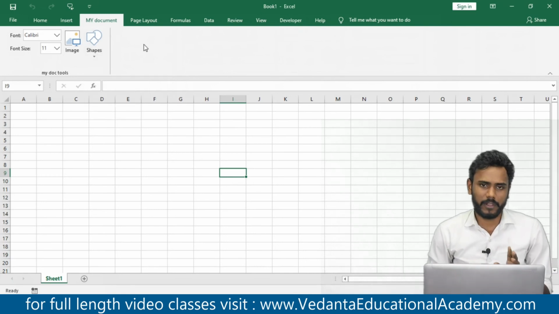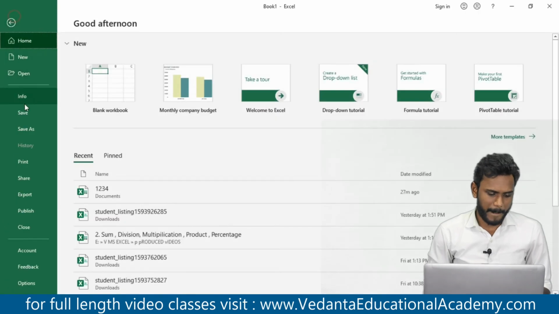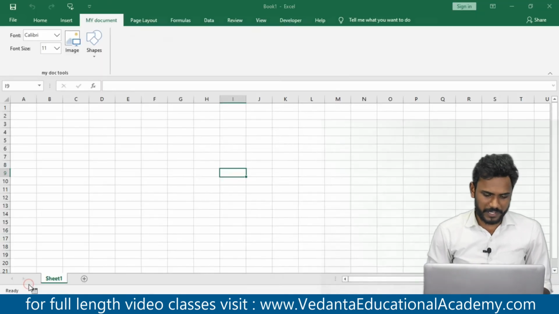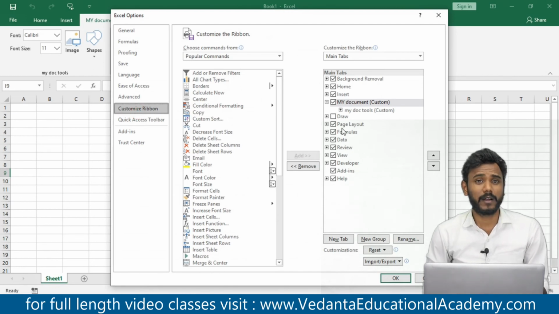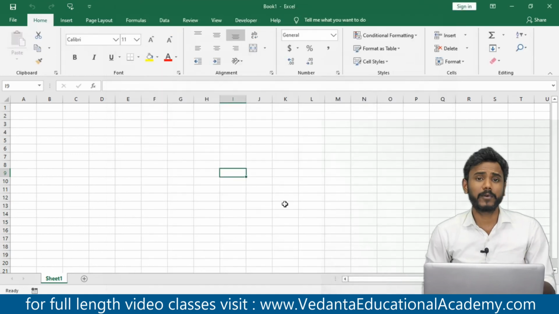And if you want to hide it or if you want to remove it, simply go to file, go to options, again click on customize ribbon and see here whether you'd like to remove it or hide it, that is your choice. If you want to hide it, simply uncheck the my document tab and click on OK. Now it is hidden. If you want to bring it back, do it the same way.